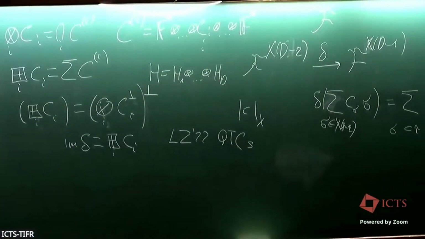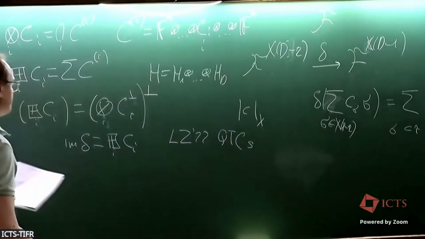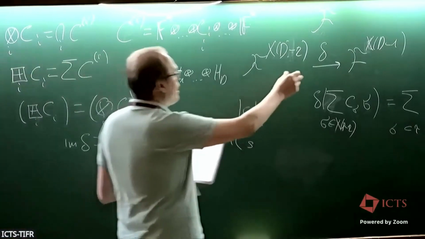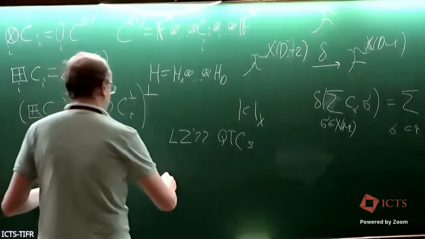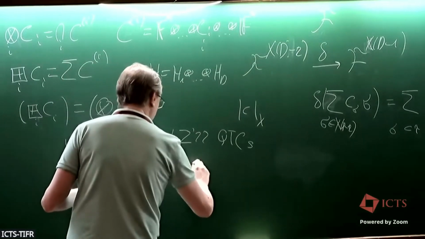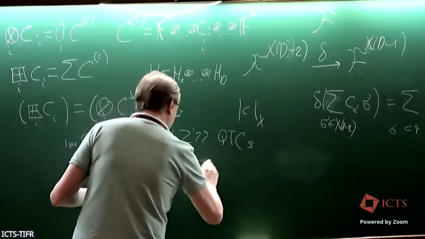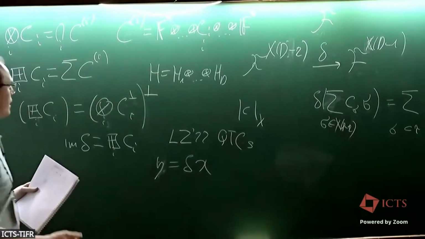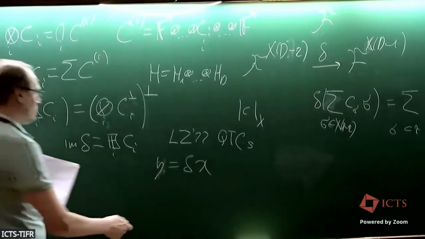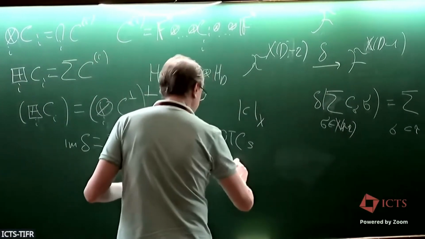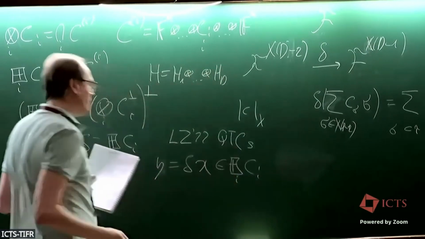And so we can also define this coboundary expansion as a property that for every image y, which is of course from this tensor product, from this sum of the codes,